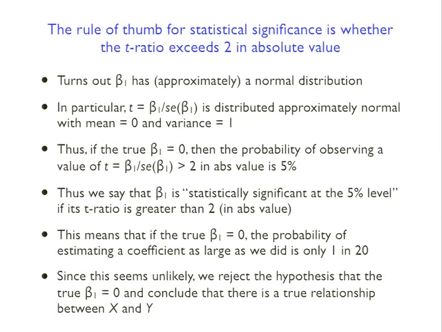So when I say the rule of thumb is whether T is greater than 2, I'm saying that if you have this thing distributed like the T statistic, which is the coefficient divided by the standard error, then values greater than 2 in absolute value are very unlikely to appear. In particular, there's less than a 5% chance that you would observe those values under the hypothesis that the true coefficient is equal to 0. So the link here is that when you get to the step where you say it was 1 over 180, so basically a 0.5% chance that we would observe this particular event, what you're comparing is whether